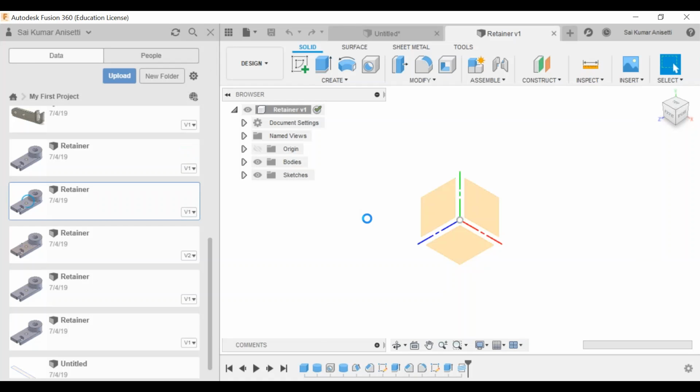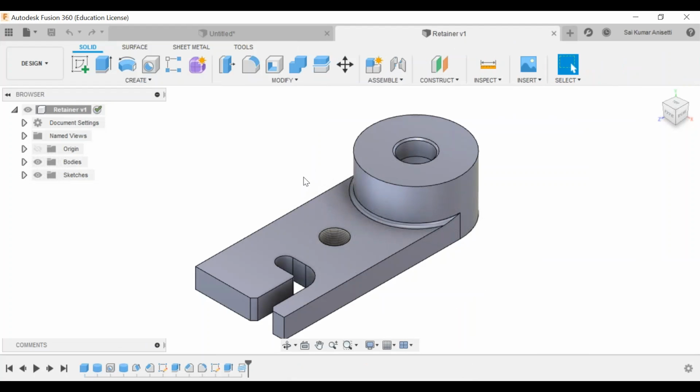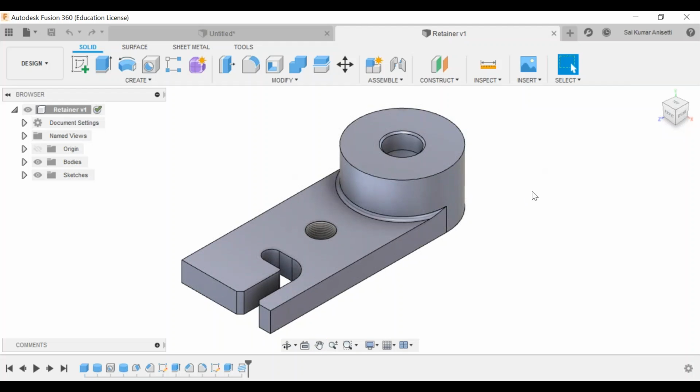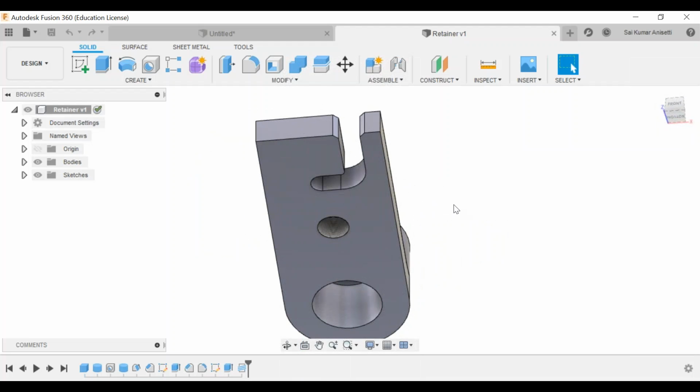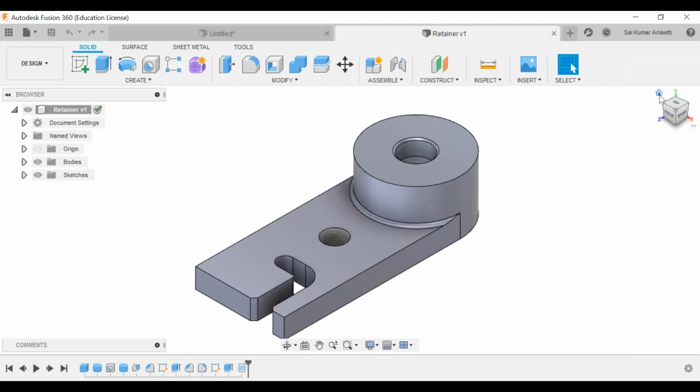This is just a simple retainer bracket, and this is your default isometric view. Now just simply rotate your object, shift and center mouse wheel, you can rotate it. Now my default view is lost. So again, if you want to get your default isometric view, click home.